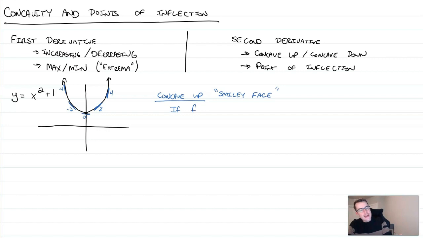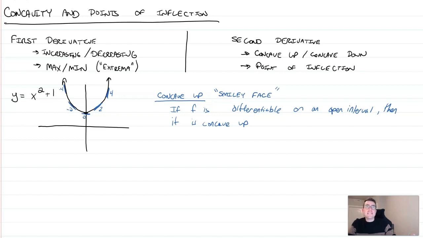If f is differentiable on an open interval, then it is concave up if its tangent lines have increasing slopes